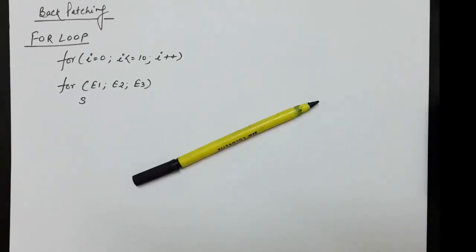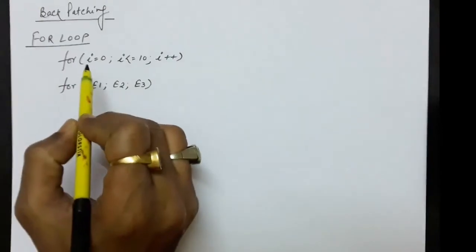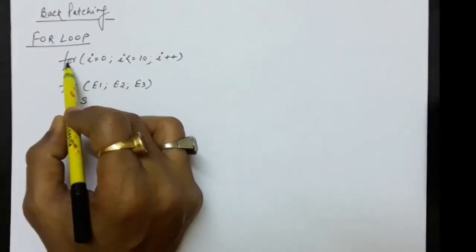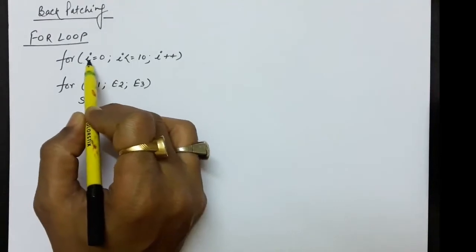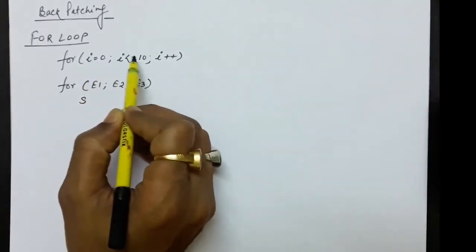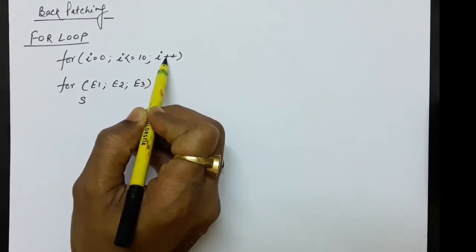Hello everyone. Continuing with our discussions on the intermediate code generation and the backpatching. Let us now see how the three address codes can be written for the for loop. The for loop usually is of type where there are three statements in the for loop. First one is the initialization, the next one is the condition check, and the last part is the increment or